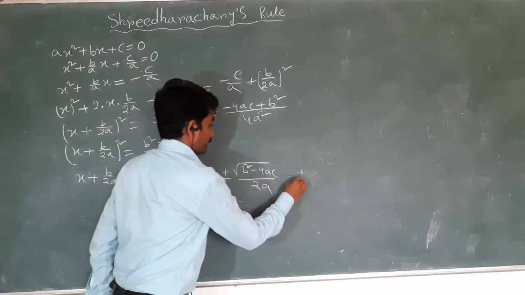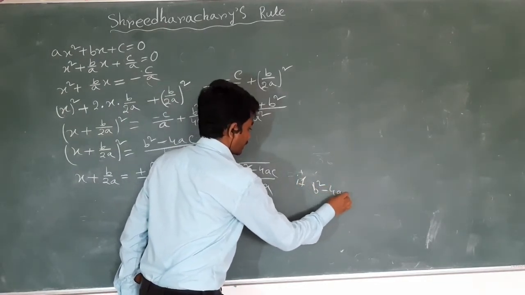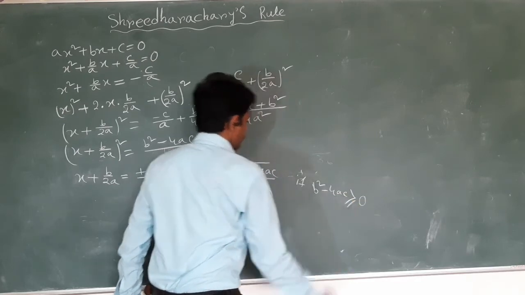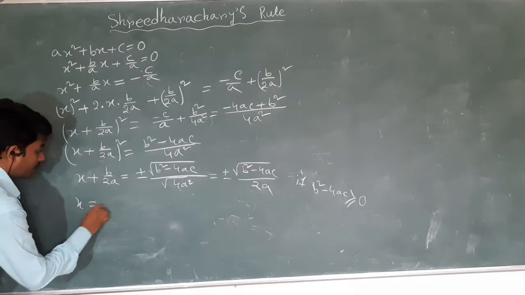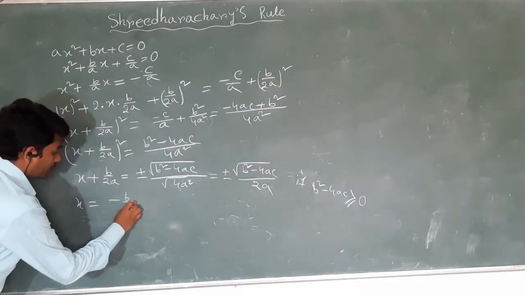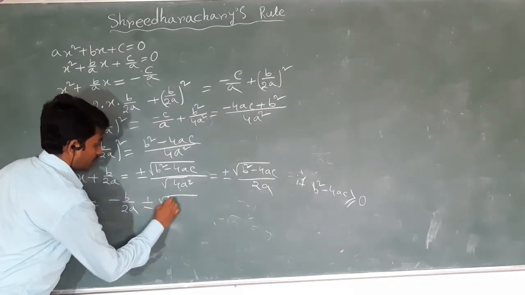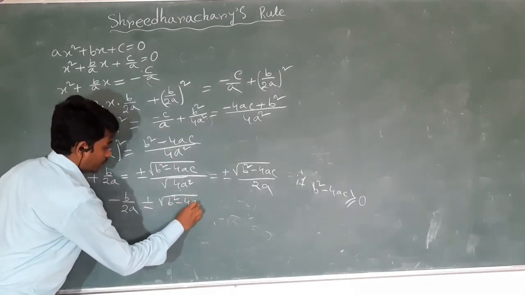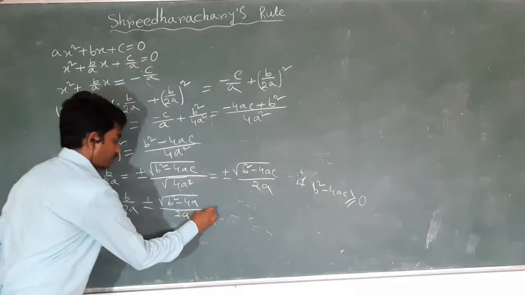If b square minus 4ac is greater than equal to 0, so x is equal to minus b upon 2a plus minus under root b square minus 4ac upon 2a, that is equal to